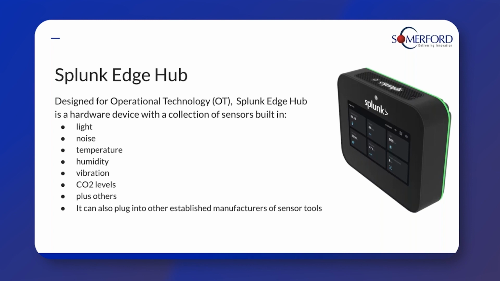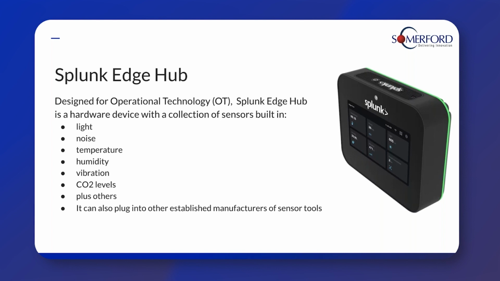So in terms of light, you could stick it in a server room, and if someone walked into that room, the light would change, and therefore you'd get an anomaly effectively occurring in that environment. Maybe the temperature of devices, systems, servers, humidity in the server room, or of course for operational technology systems in factories, warehouses, manufacturing plants, all sorts of different areas where you want to be monitoring vibration levels, everything really, because a tiny little bit of vibration can make a massive difference to the end product that's being generated. So this is really exciting, right? So this is Splunk entering new realms.